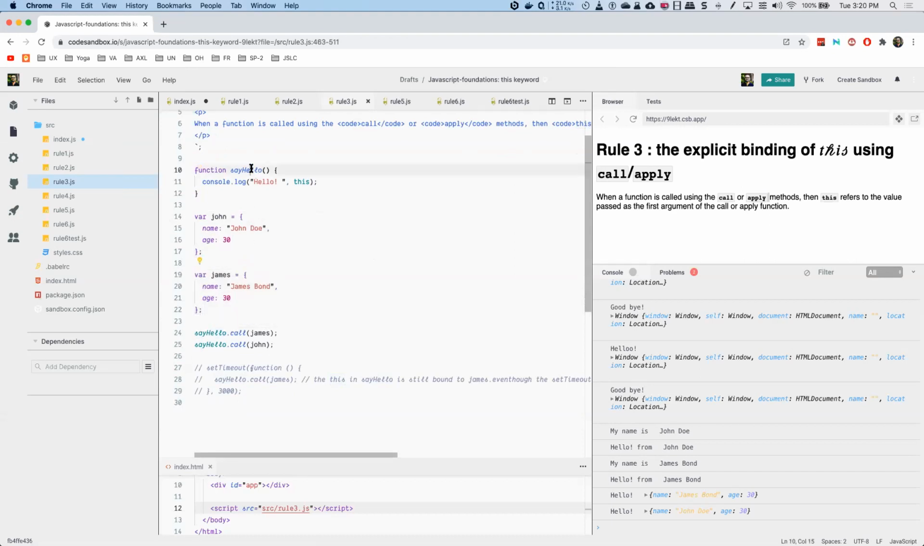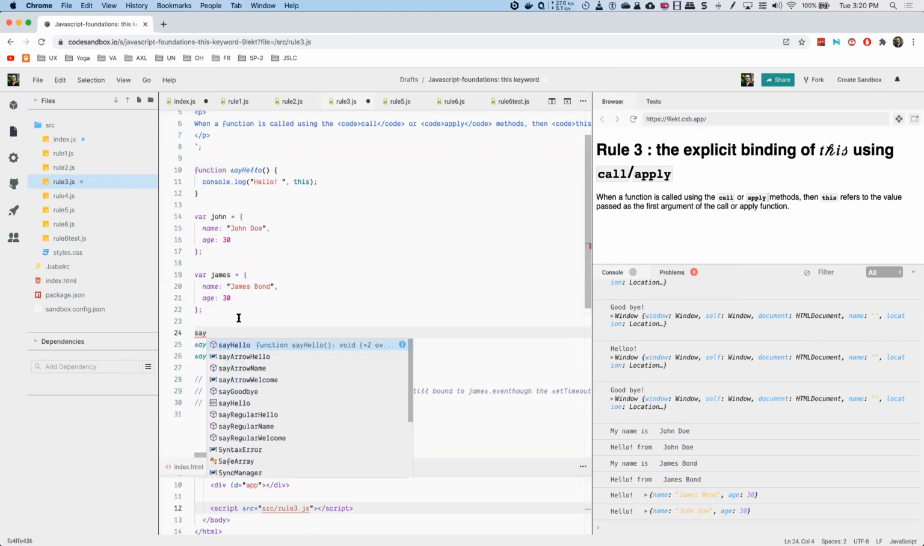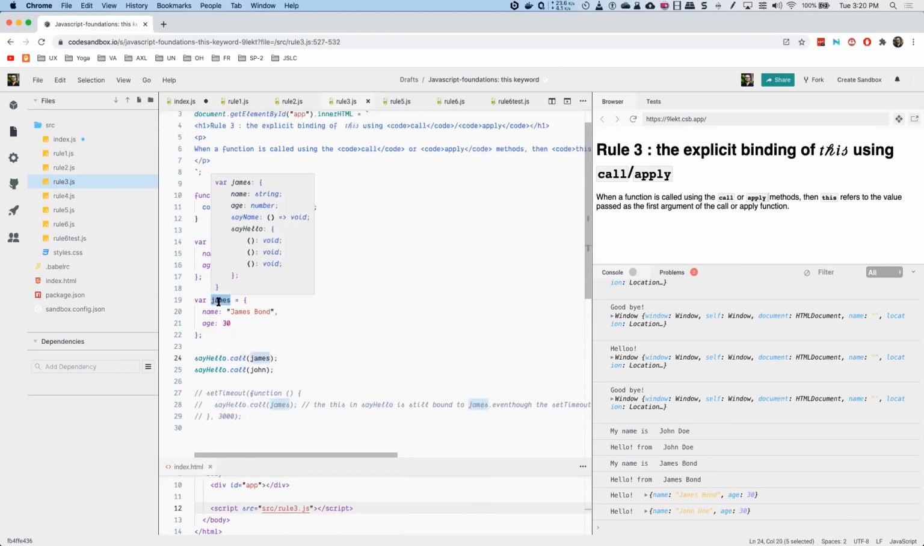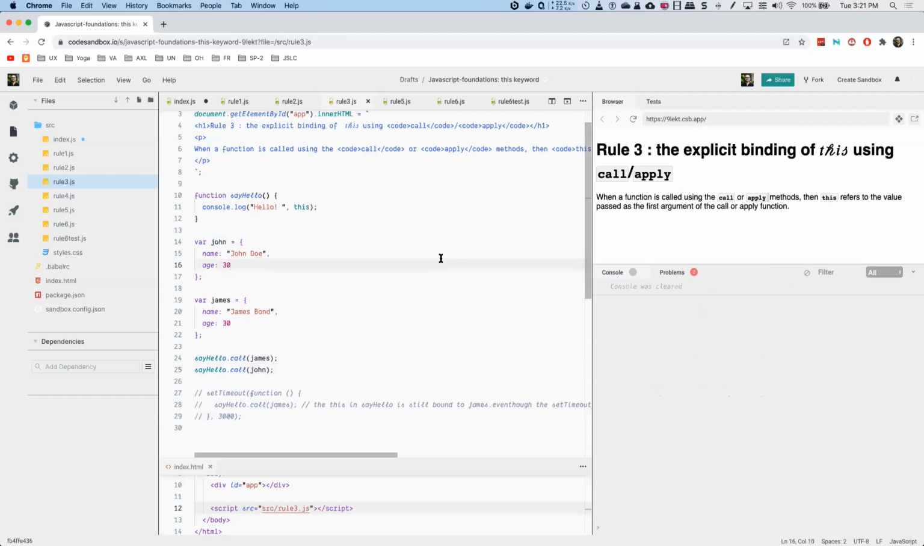So instead of calling say hello simply like this, which will bind this to the global object, we are calling it this way, say hello dot call. And the first argument that we are passing is the name of an object. And here as well, we are calling the same method say hello, but we are calling it with the John object. So if we clear the console and save it,